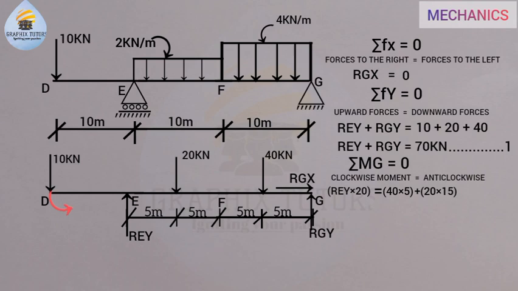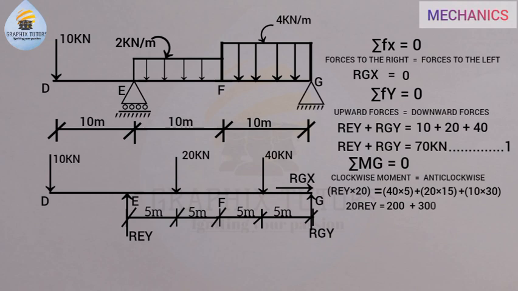So it will be 10 times 30, and that will give us 300. So this is what we have here. I'm putting it at the anti-clockwise part. So from here, 20 REY equals 40 times 5 is 200, plus 20 times 15 is 300,